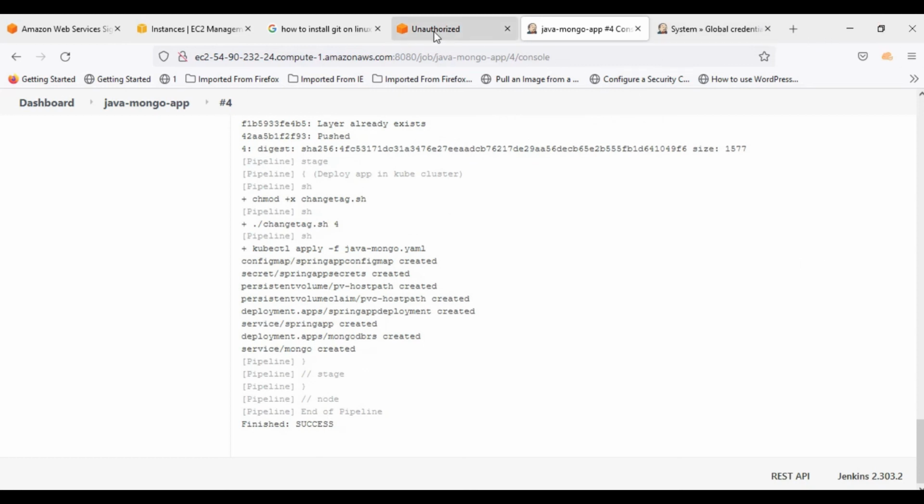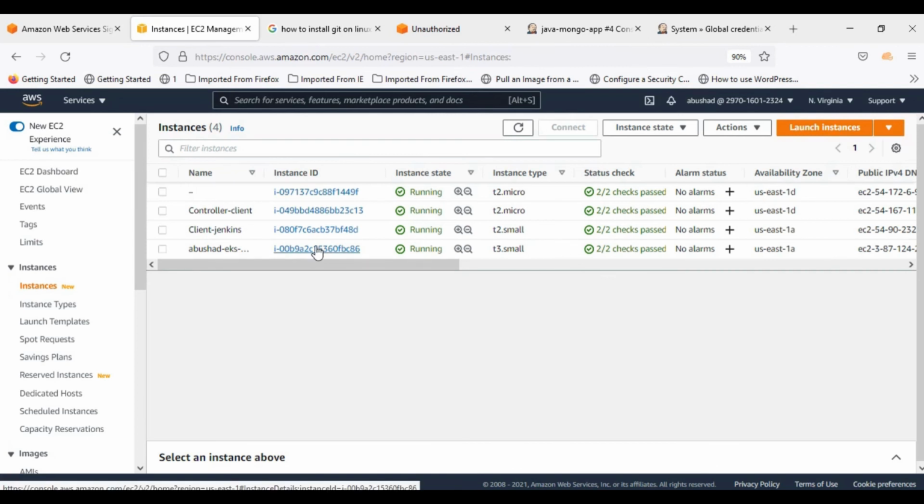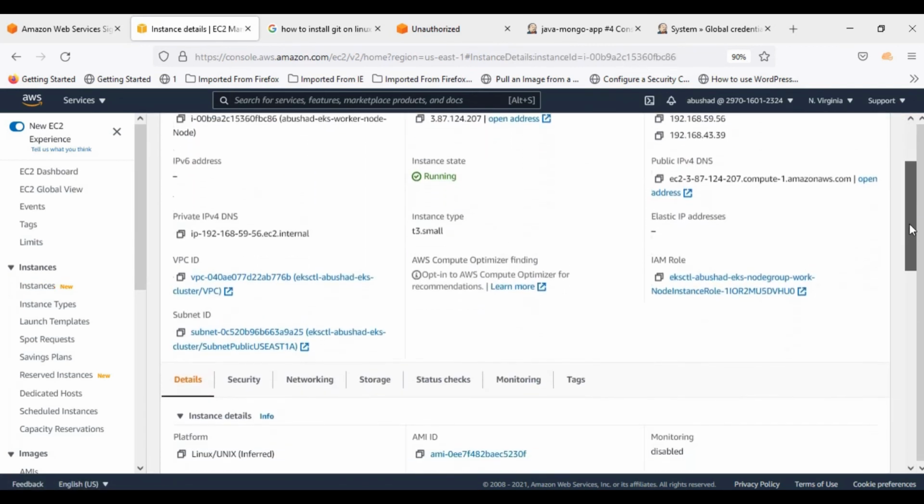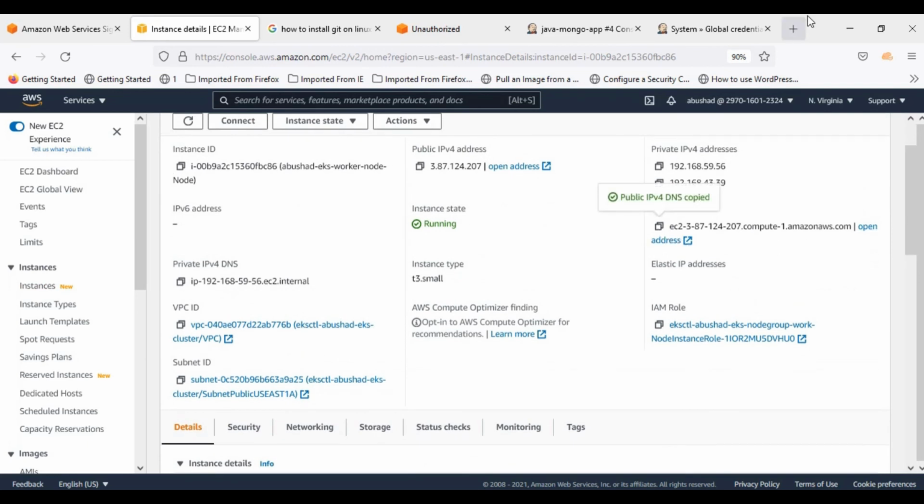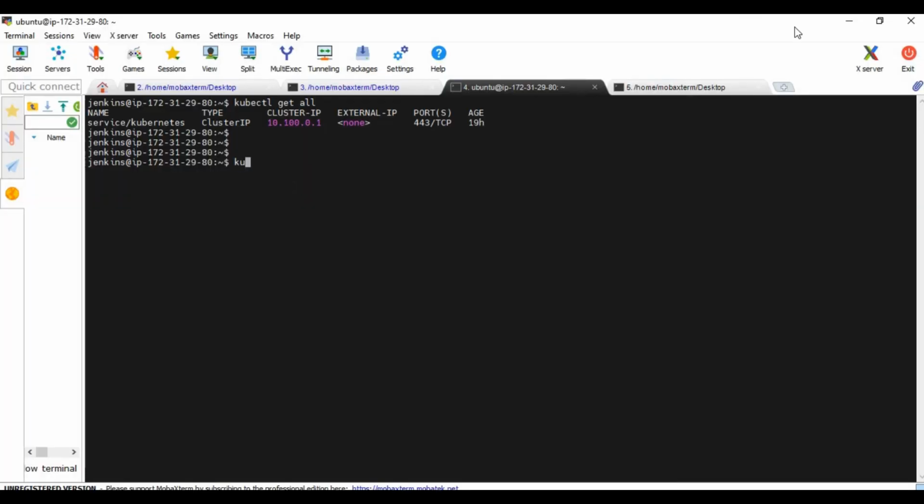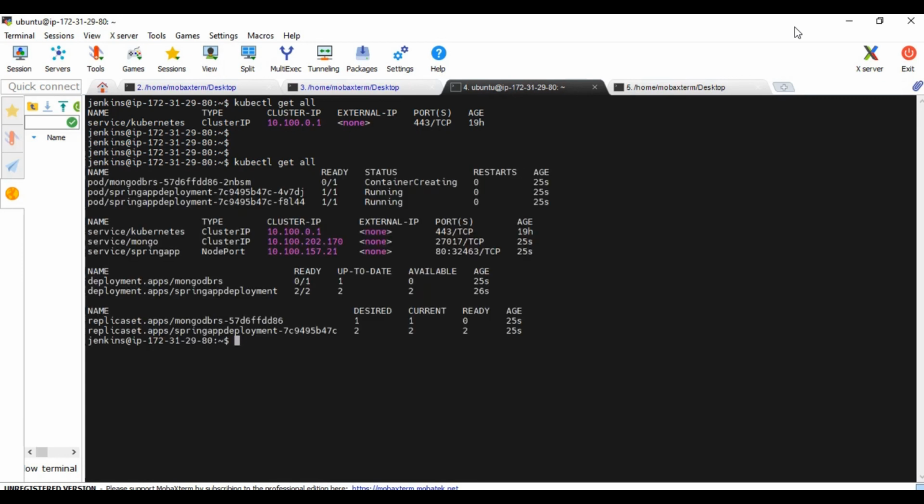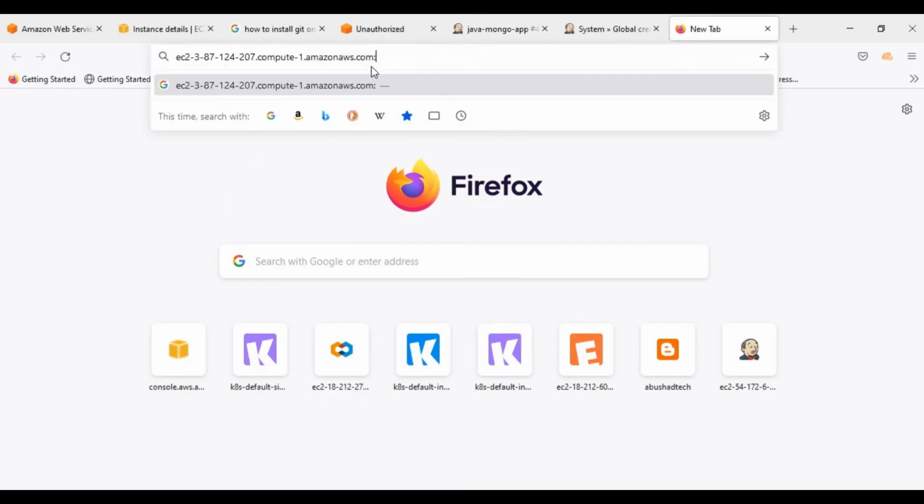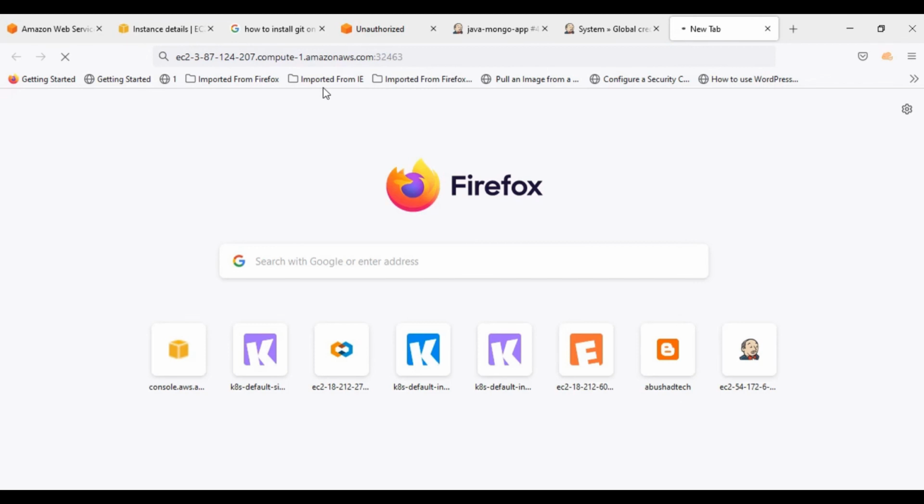Let's go and access the web application. So this is our worker node. Let's copy paste the DNS name. Before that, let's see the port number. 32463. Not gonna work